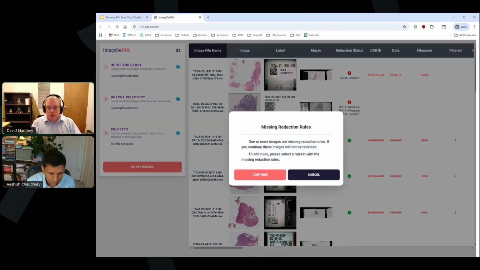If I select continue, it's going to redact the files it can, and then make a copy of the others in a separate area saying I failed to redact these. So instead of having my 26 or whatever images I have here, I'll get 24 redacted files and 2 that didn't. This is much safer than